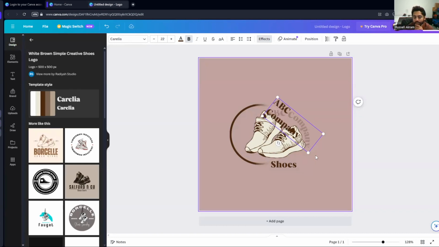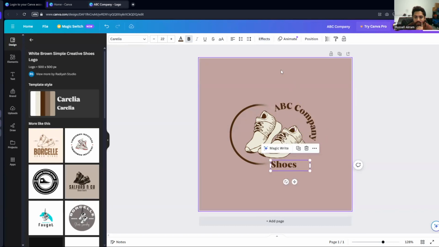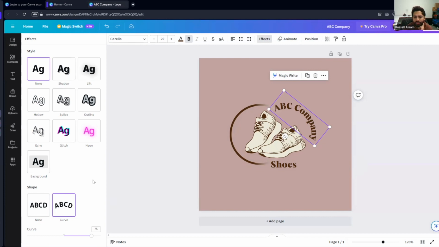So once you write the name of the company, you can just click anywhere else and it will go back to its original position. Now I can see that this is very bended. I don't like that, so I want to change the way it is. Okay, so if I want to change the curve, that I don't like that it is very curved,